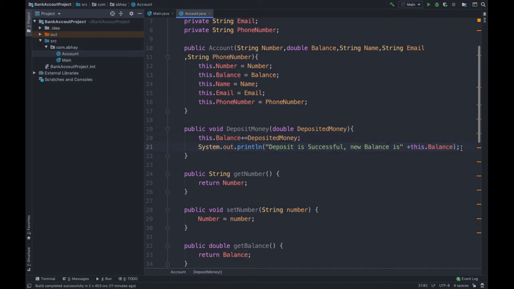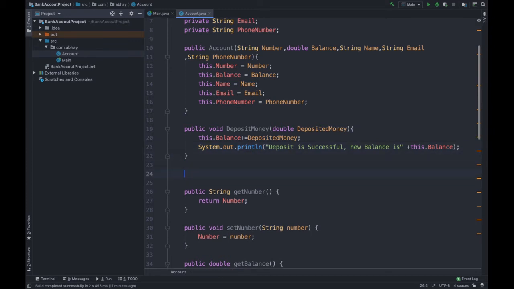This will show us the current balance. So we are done with deposit money. Now let's create withdraw money: public void withdraw, and it is going to take a double withdrawal money.